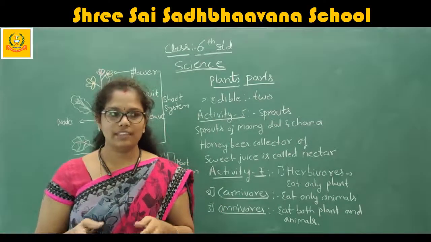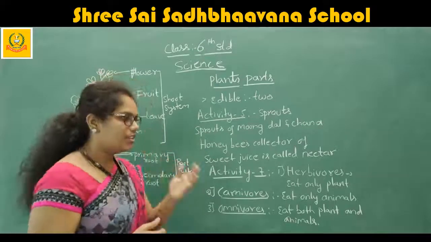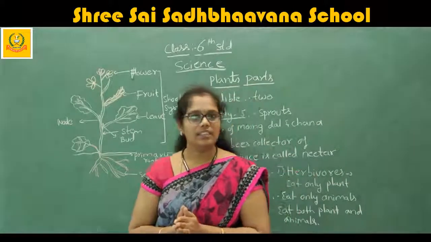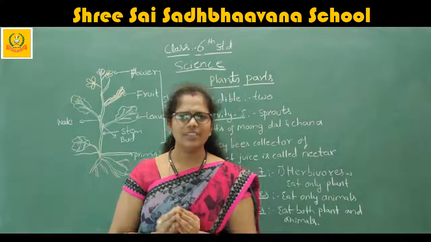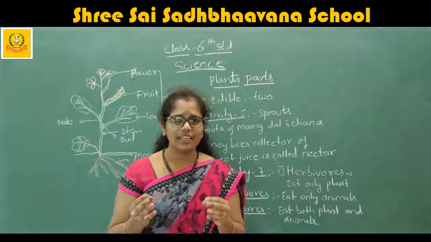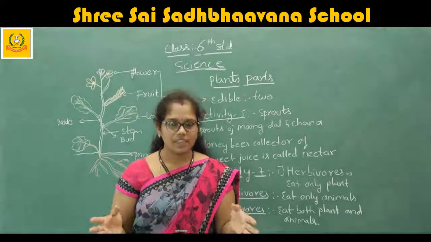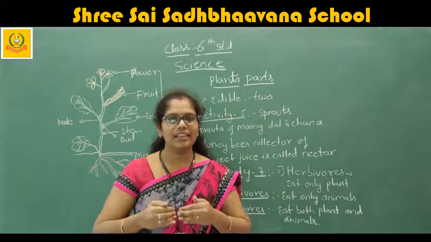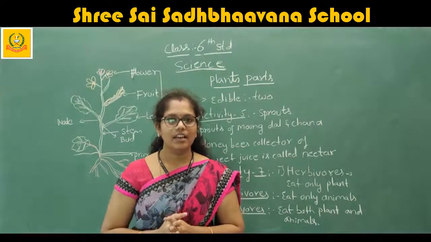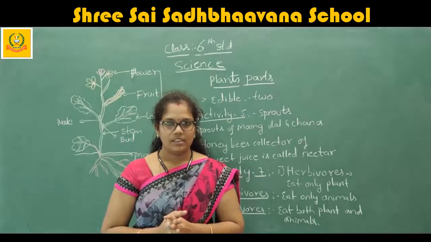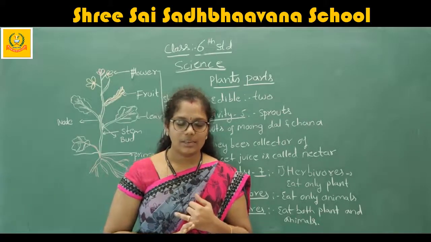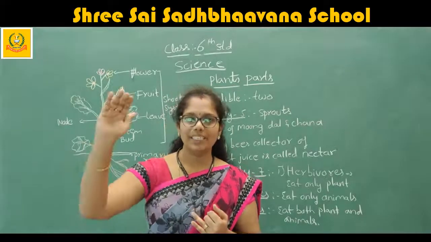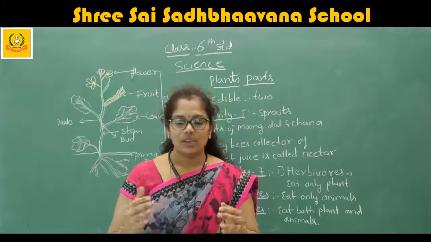For example, if you take the lion, what are the things eaten by the lion? Everything is eaten, right? The lion also eats an elephant. If you see the size of the lion and the elephant, the elephant is much bigger, but in a group, the lions eat the elephant also. Starting from the small animals to the big animals, all the animals are eaten by the lion.